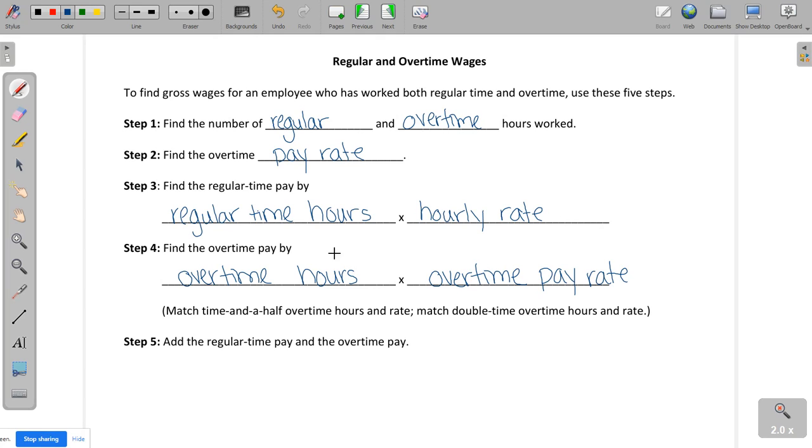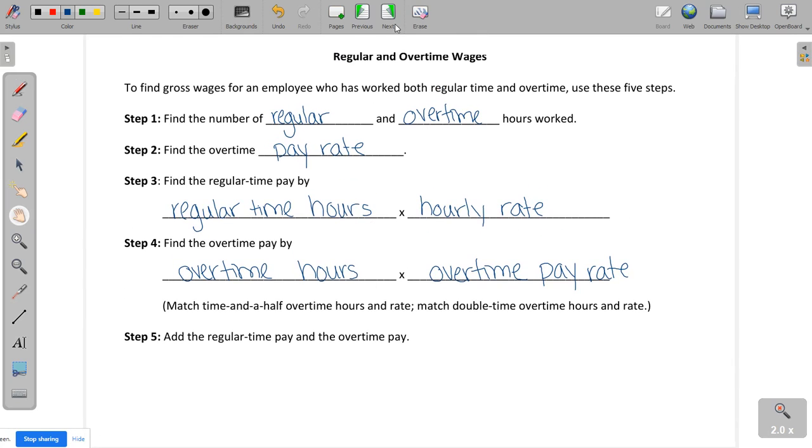Then the last thing, we're going to take the number we found here and the number we found here and then add them together. This might seem a little difficult just writing out the steps, but let's look at some examples and it should